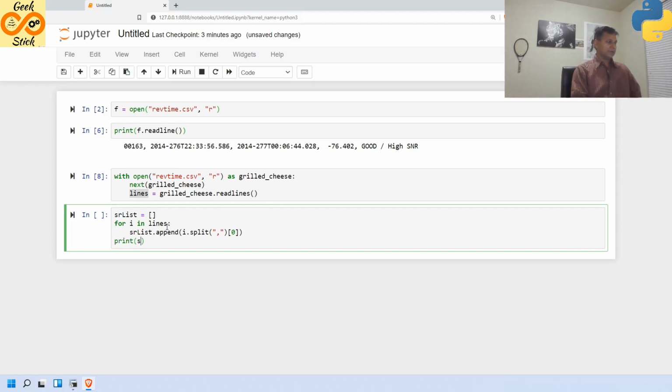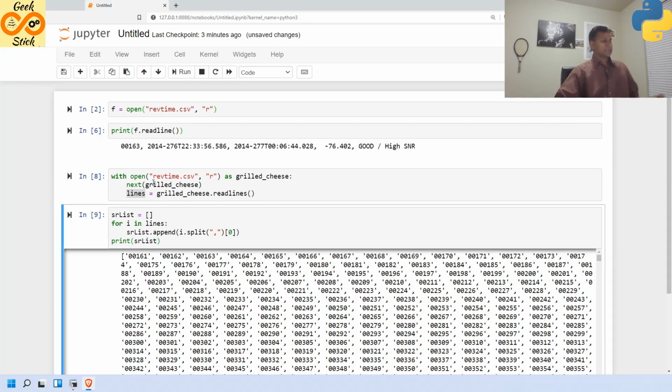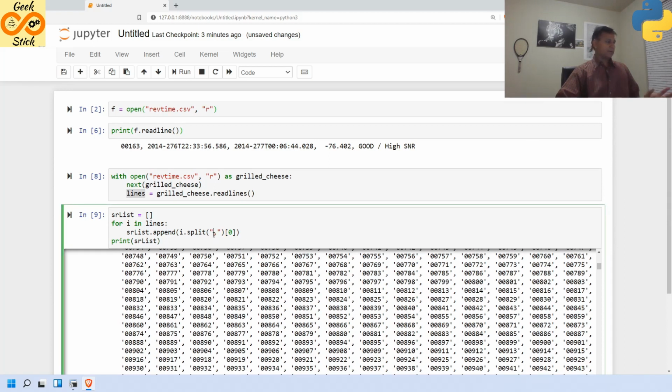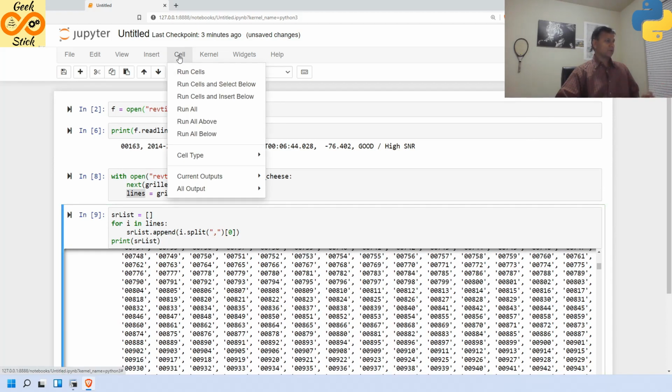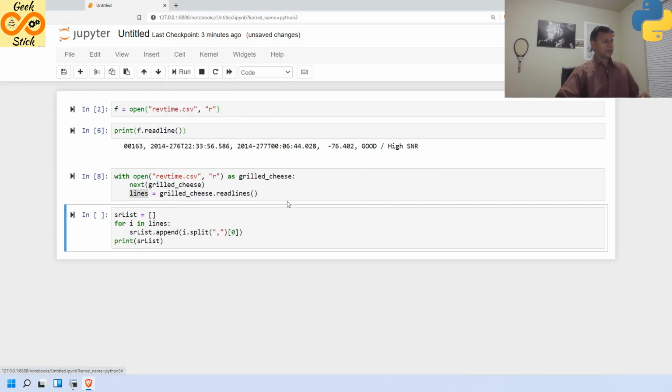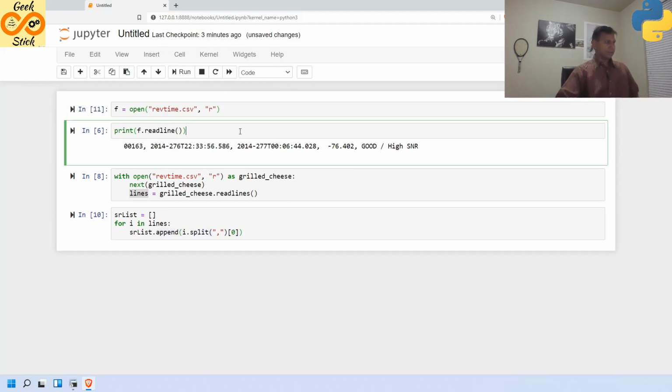Now, let's see what is getting printed over here. Yes, all the serial numbers got listed over here, but I don't need that for the time being. So I will clear this up. I don't want this print. Again, I'm executing from here. That's the beauty of it. Every time we need not run the whole program. We can run section by section, and finally we can concatenate all those commands and come up with a nice script. So first I came up with that SR list.